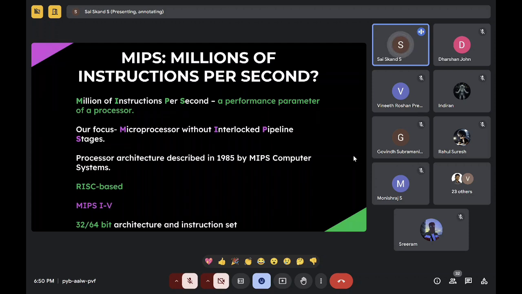So this architecture is what we are going to build in Verilog. That is the goal of these sessions. If you guys are cooperative and are willing to attend all the sessions properly, we can design this processor. It's an old architecture, described in 1985. So it's probably a really old, outdated processor, like what you're running on an 8051 microcontroller. They're really outdated, but those are the basic building steps of how processors got this complicated.